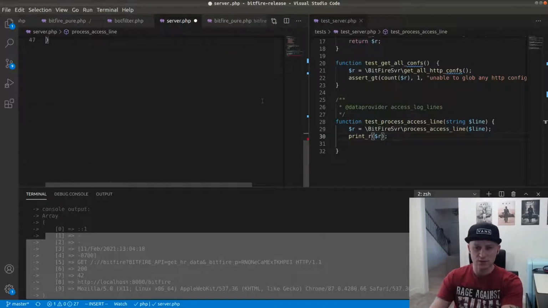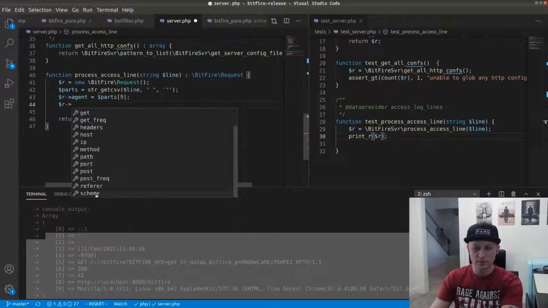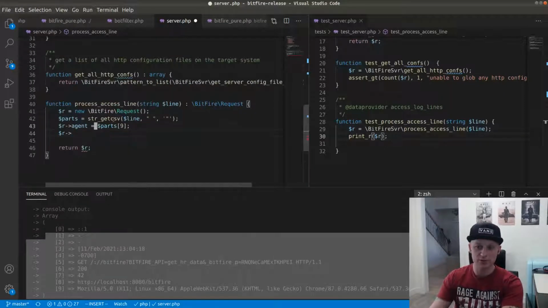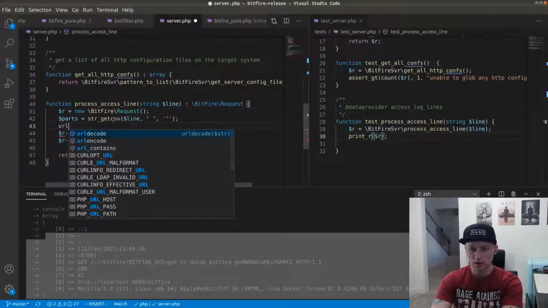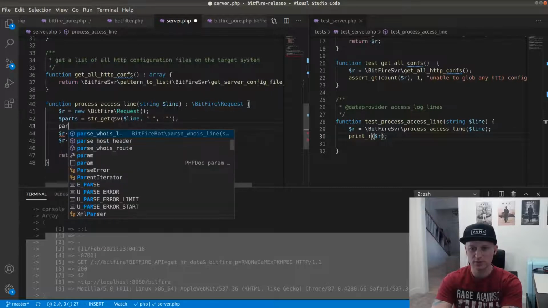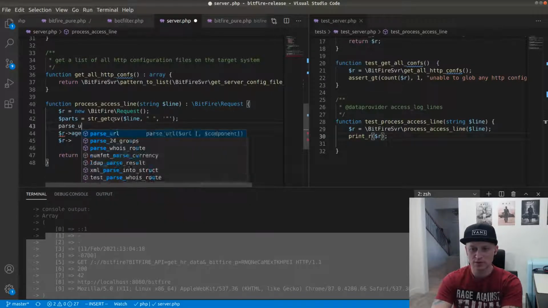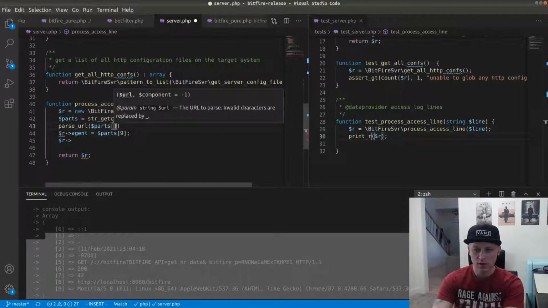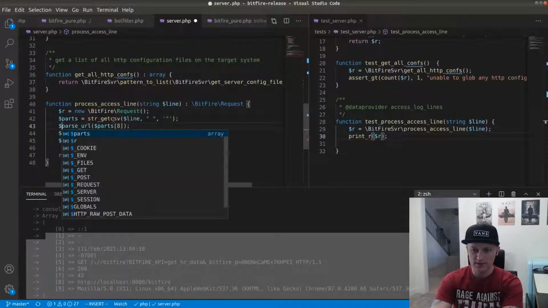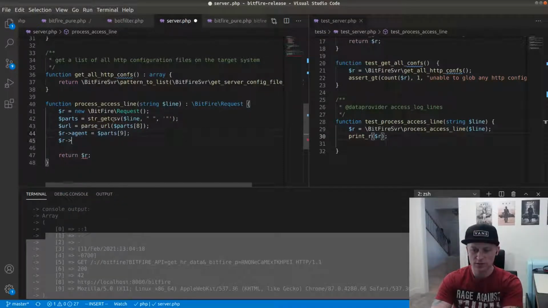So let's get the URL. Oh, we need to, well, we don't have just the raw URL. We're going to need to parse the URL. So URL parse, is it? Is it parse URL? Parse URL, parse. Yeah, parse URL, cool. And it looks like that is 8. Parameter 8. So let's say URL equals, and then